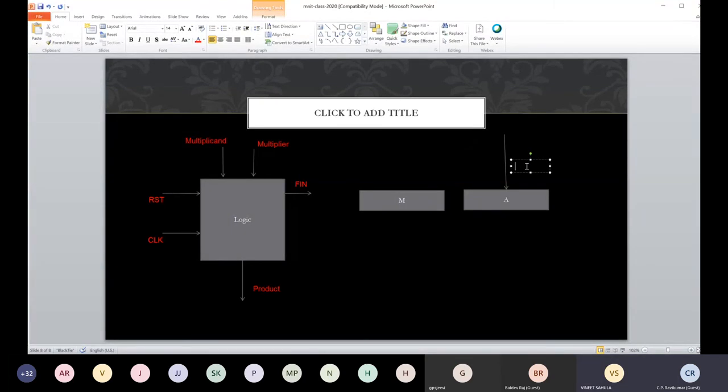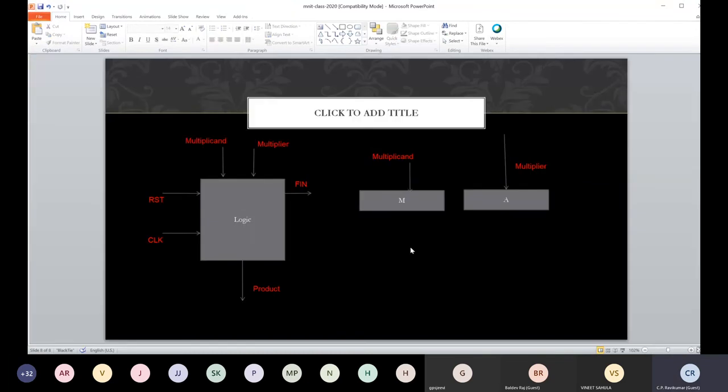Fine. So this is our multiplier. So we are going to load the accumulator. And similarly, our multiplicand goes here. And maybe we can have a register which is initialized to 0.